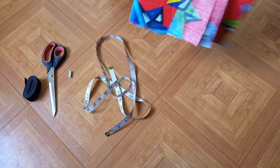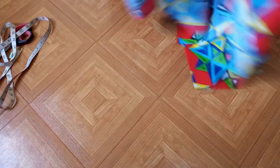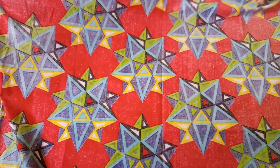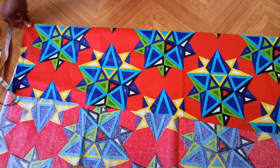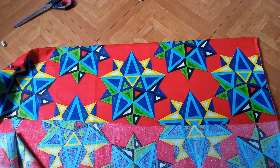So first of all, I'm going to cut the pant. I'm going to fold this fabric. This is how much fabric I have. You could tell it's what I have left over from making something else. I'm going to fold it in. So what I have to do now is to check the hip measurement since I folded the